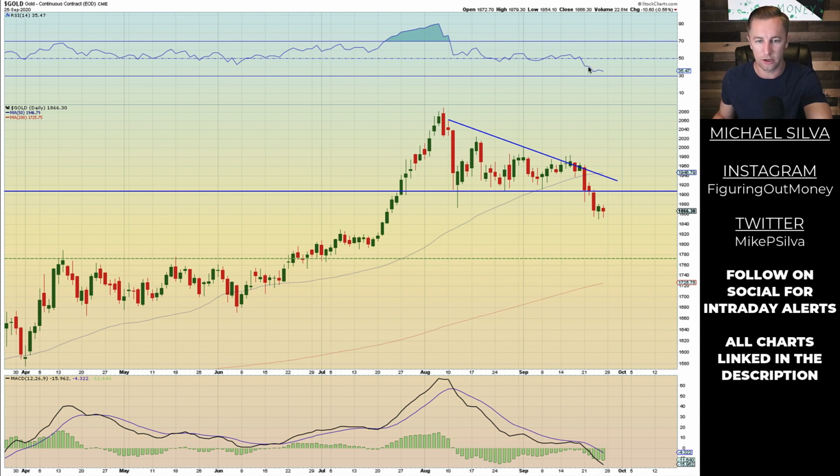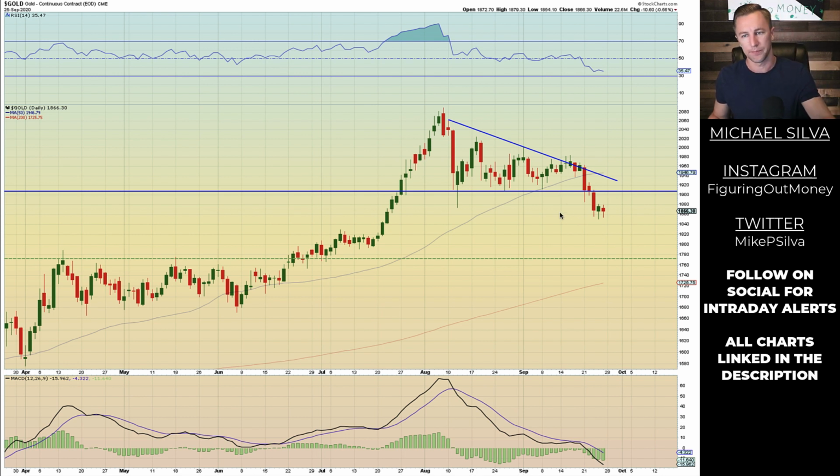The RSI indicator is moving low, 35.47. If it goes into oversold territory, that's a good sign for the bulls, because it's showing us that we might be seeing some spikes take place. Now, like I said previously, it could stay oversold for a long time. You can get breakdowns when RSI indicators are oversold. So just because it goes down there doesn't mean the market's going to take it up. That doesn't mean that, but sometimes it does. As I see it, I have my order set at 1800 to 1820.